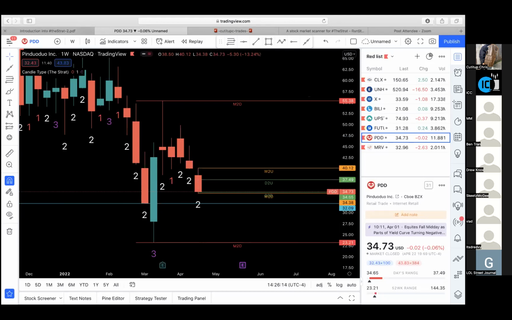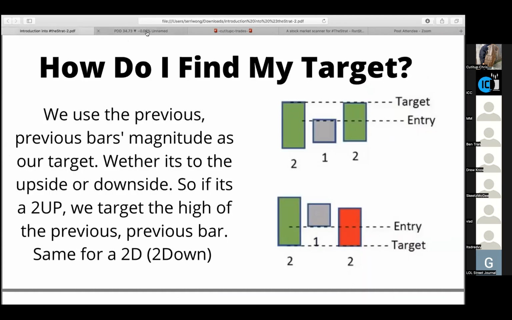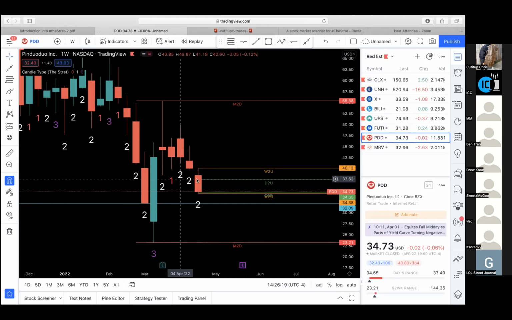So it doesn't always look exactly like this. Right here, we're comparing this bar to this guy right here. So if you go 2 down, our magnitude target is going to be down here. We can be conservative. This is the weekly. We can be conservative and keep it right here. So if we're looking at the daily,